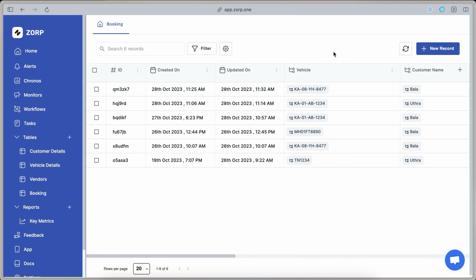Now, for me to create a booking, I just click on a new record, choose the vehicle that I want to create a booking for, the name of the customer, the name of the vendor, and the status of